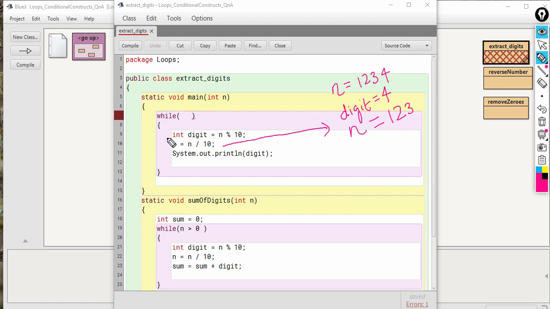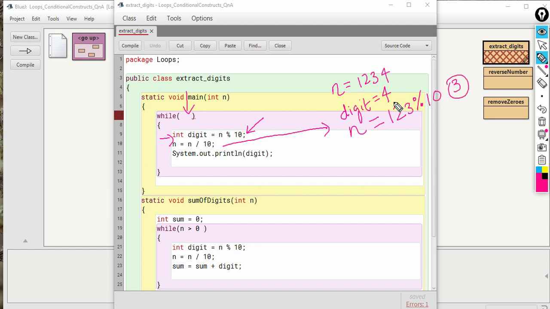Control will come back inside. I will come to the condition part later, don't worry. So n is 123. Again the control will come to the first line in the loop, and a digit will be extracted. If you apply modulus 10 here, we will get 3.